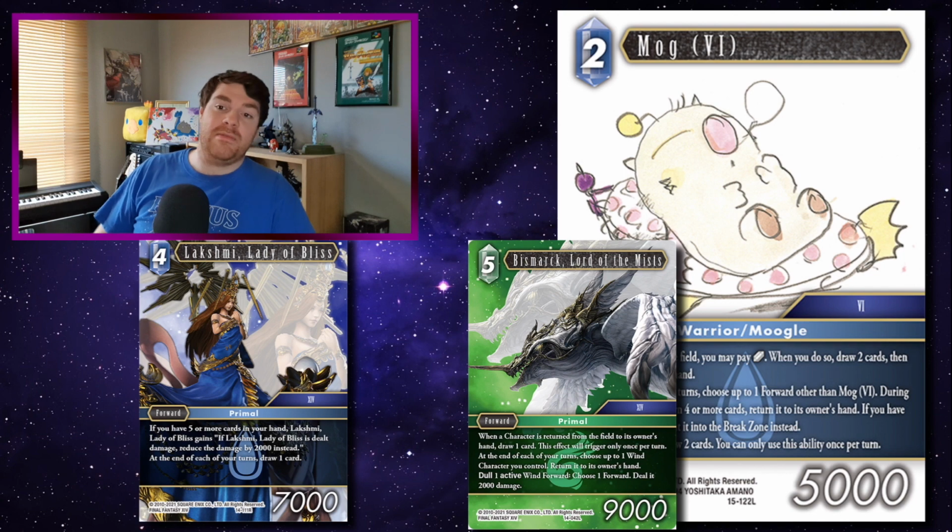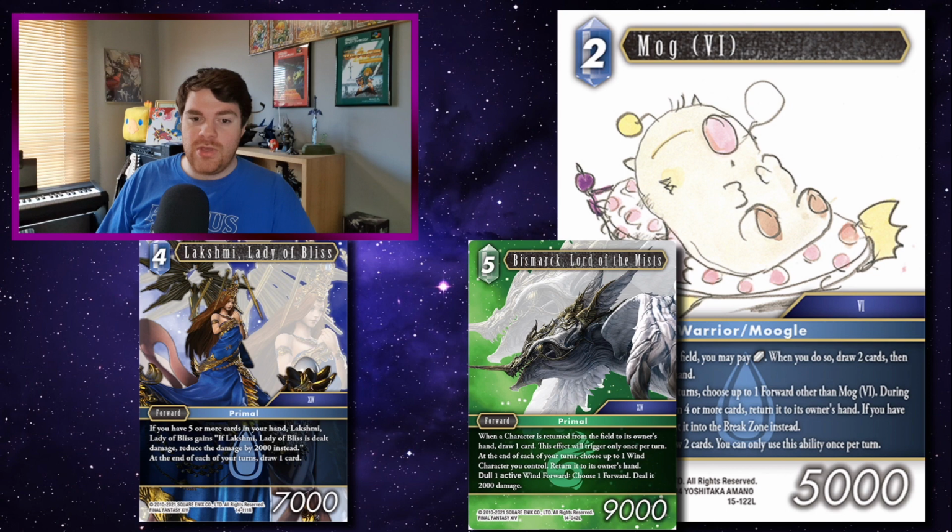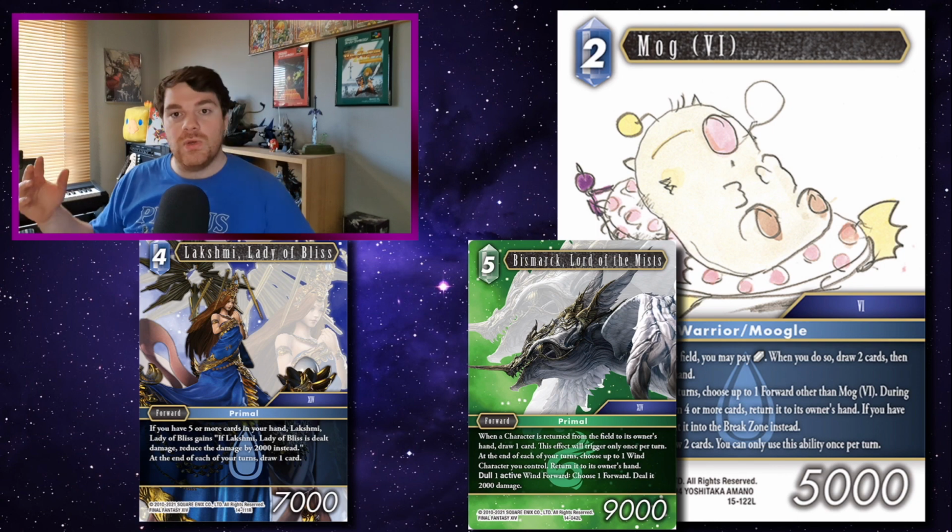Bismarck, put something back into your hand, and then you get to draw a card. Lakshmi, draw another card, and then Mog will check, yep, you have drawn 4 cards this turn, bounce something. Now, you do need to be mindful of that, because obviously the more things you're bouncing back to your hand at the end of the turn, even if you have 5 cards in hand and only Lakshmi triggers, you put yourself to 6, you then have to discard down. Even though it's the end of turn phase, you still have to fall within that limit of only 5 cards